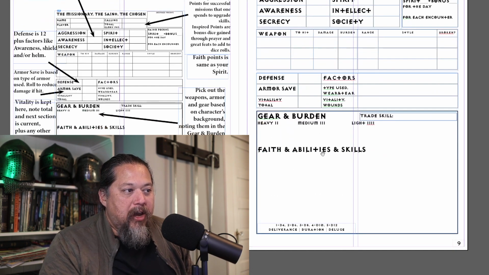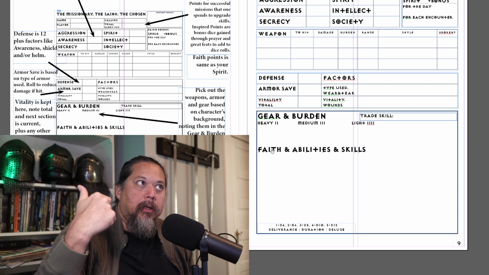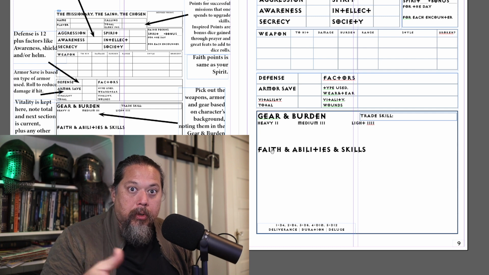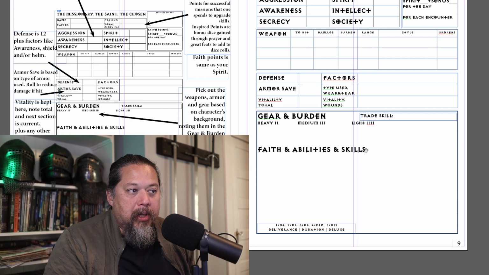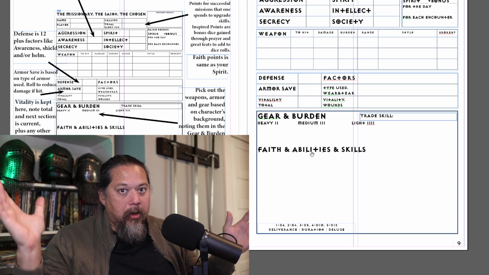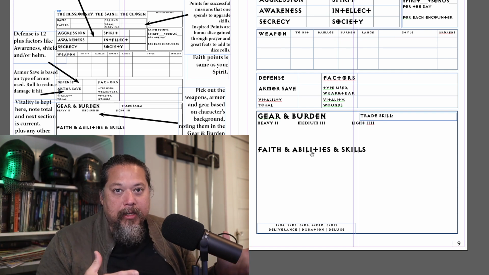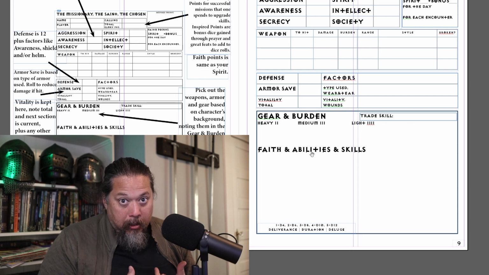And another thing about faith, abilities, and skills. Faith is like the clerics and the nuns choosing heal, bless, repel, rebuke, preach, and they can write them here. Abilities and skills. Abilities are just like in other games, talents, feats, whatever. I don't really have any listed here except for the woman's touch, which is a bunch of abilities that a woman can pick from, like cleaning,